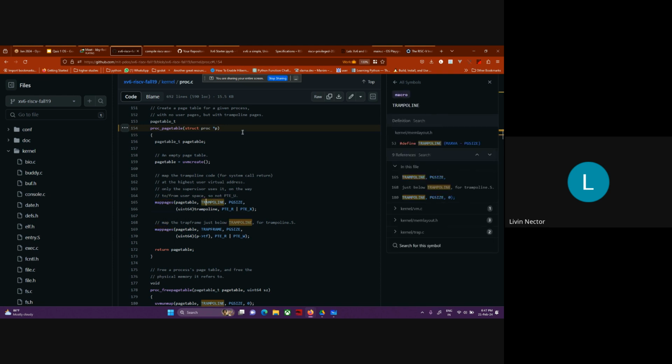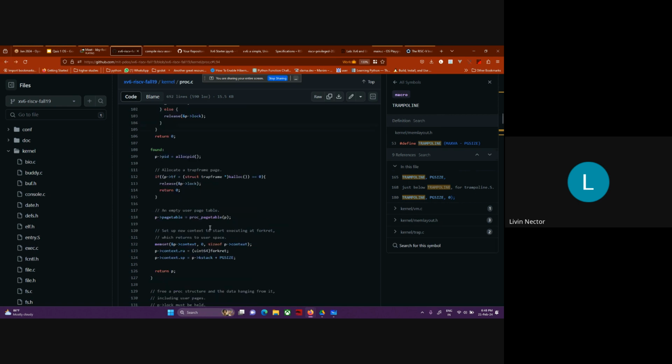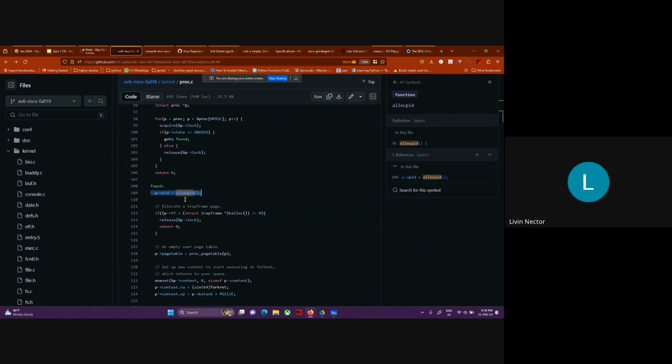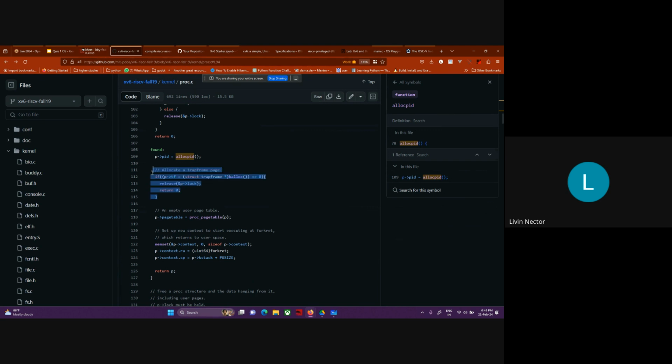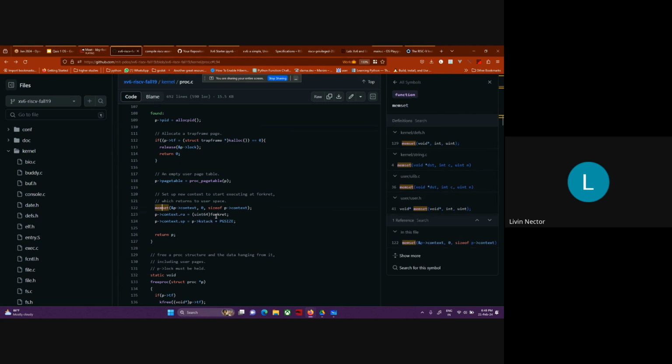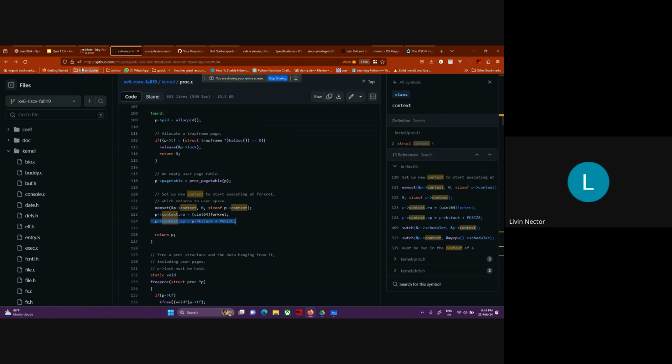So we set up the trampoline, which is the highest thing, and after that we'll set up the trap frame, which is below. So here we set the process ID, then we create the trap frame, then we create the page table. Inside creating the page table, we'll map the trampoline and then the trap frame, and then we'll set this return address and the stack pointer. So it will be